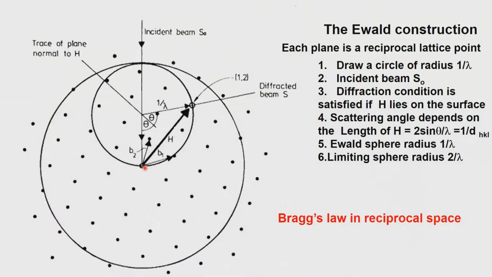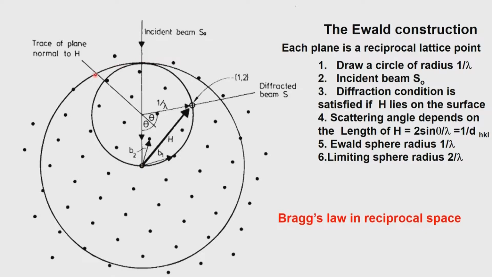Now, this circle can be drawn anywhere, but it should have a diameter of 2 by lambda, or a radius of 1 by lambda. This radius of 1 by lambda is with respect to some origin. So, we take one of the reciprocal lattice points to be the origin, the reciprocal lattice point 0 0. Now this is the circle with a 1 by lambda radius, drawn in such a way that the circle passes through our 0 0. Remember, the circle is passing through our 0 0 on the circumference.